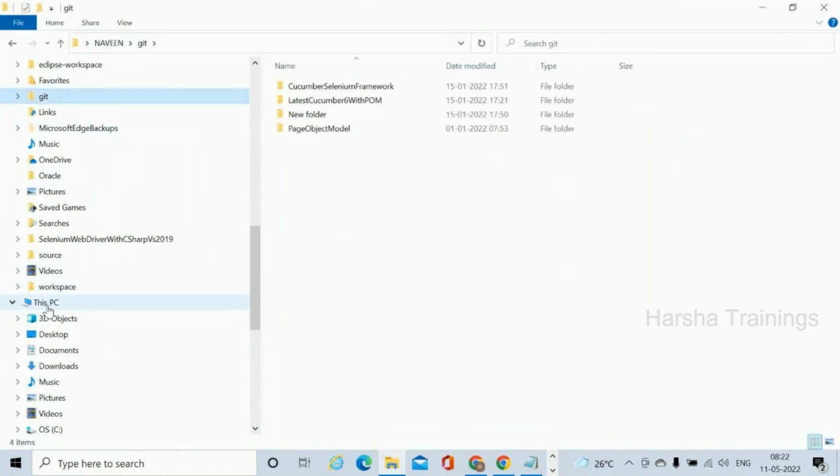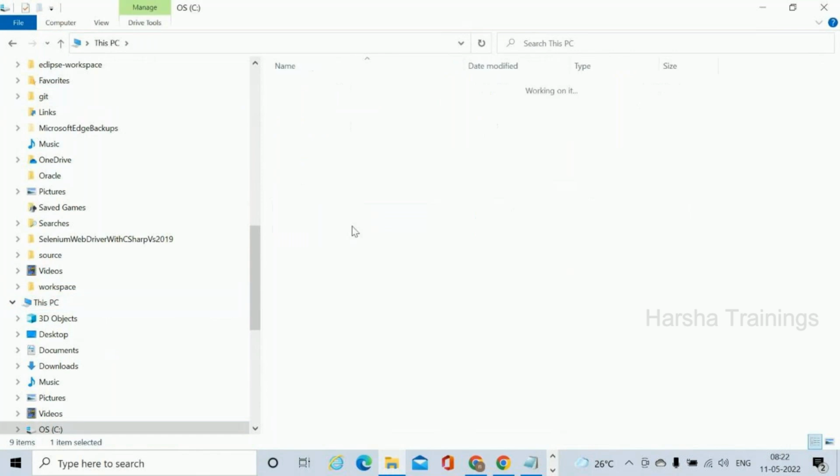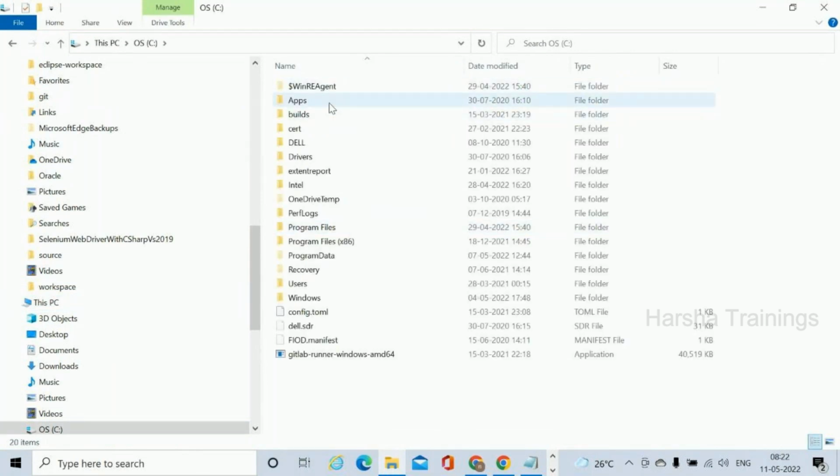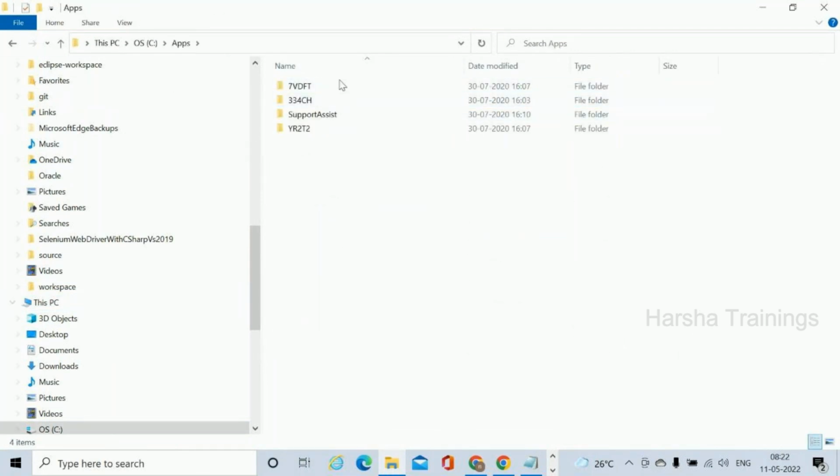I have one folder in C drive. I have one folder, apps. So all these files will be saved in the hard disk permanently. These will all be saved in the hard disk. So like this,